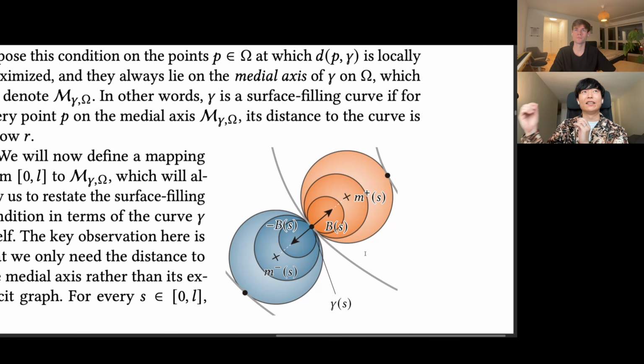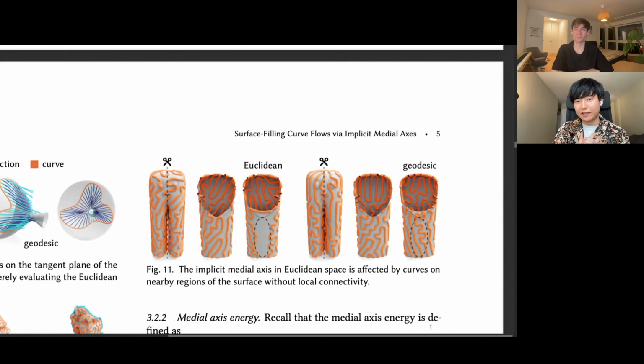you can measure the size of the sphere in either Euclidean distance or geodesic distance. And I think I have a figure below. So basically if you have these two spheres, you can measure the radius of this sphere in Euclidean distance or in geodesic distance. If you use the Euclidean distance, of course, it is very fast to evaluate, but on the other hand, it gets some interference from other parts. For example, if you see this trouser model, there are two surfaces that are facing back to back, and on